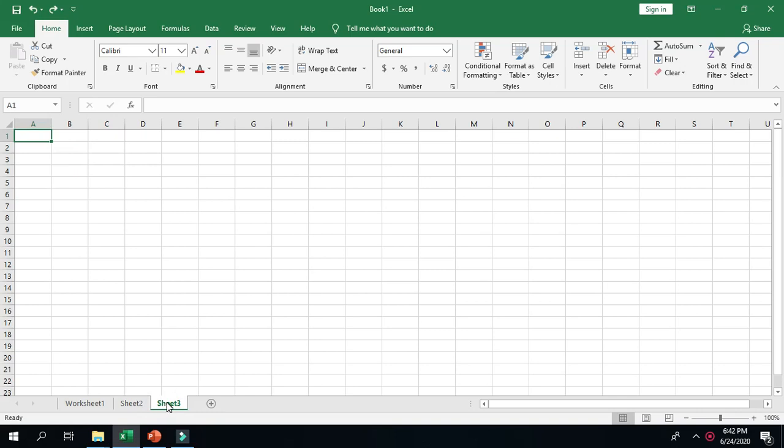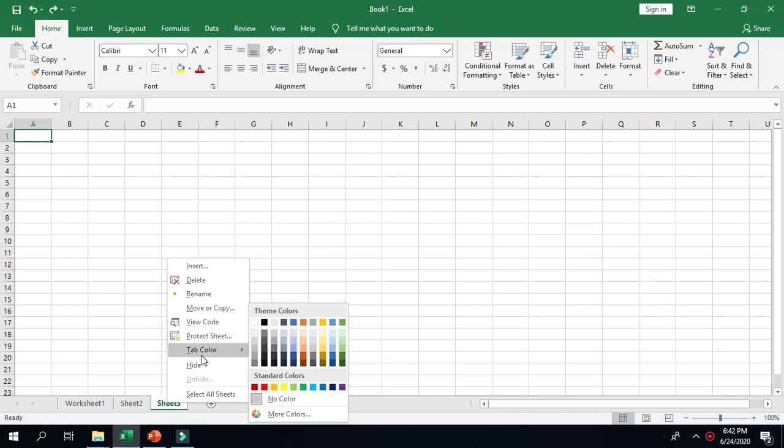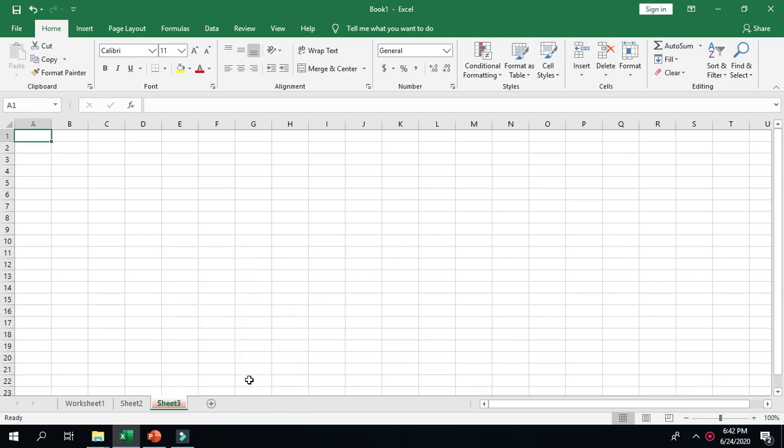So to change the color of these tabs, what we will do, we will right click on the name of that sheet, then one menu will appear. Here is the option Tab Color, then it will show color palette. We can choose any color and see, the color of the sheet tab is changed.